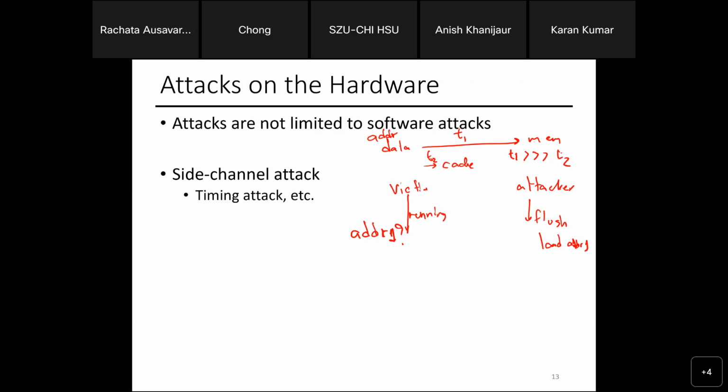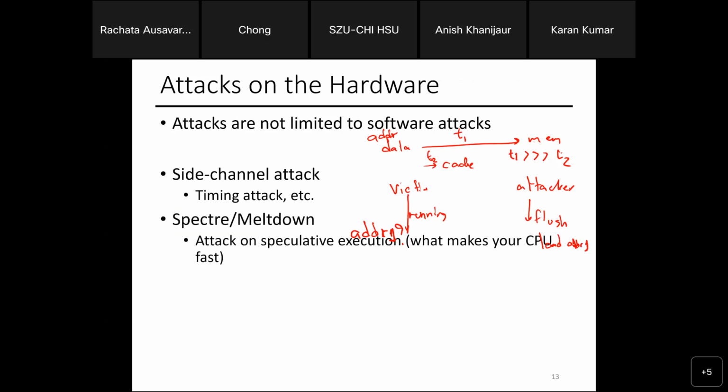So this is what we call a timing attack. It attacks by looking at the time the victim takes to access the data. And if I keep doing this, I can get the range of addresses to say, okay, this is where the data is. From the assumption, should I be able to tell the address of the other process that is accessing? No, because those are either data in the cache not exposed to the programmer, or addresses from other applications that are running, also not supposed to be exposed. But you can use the timing attack to do this.